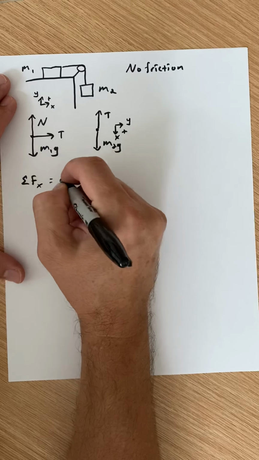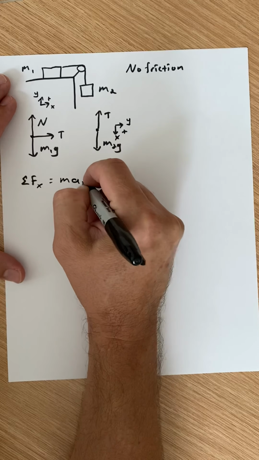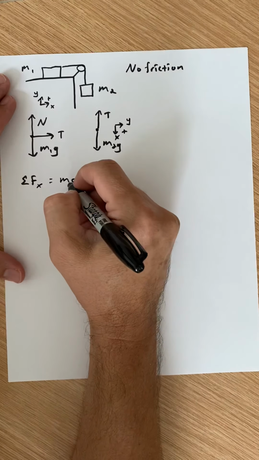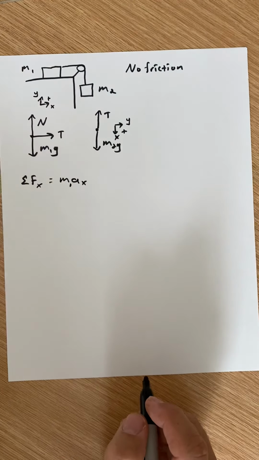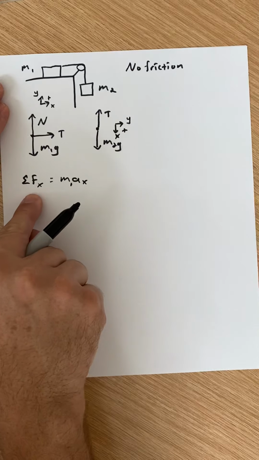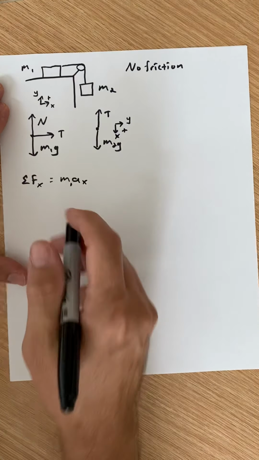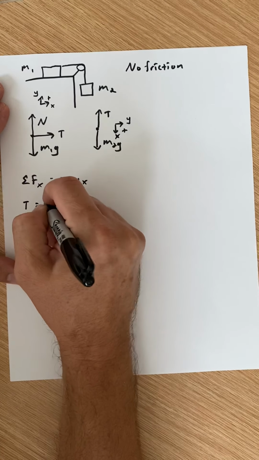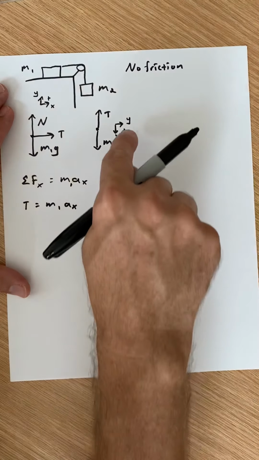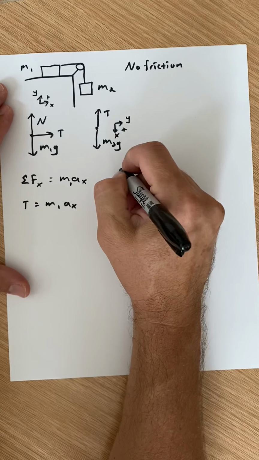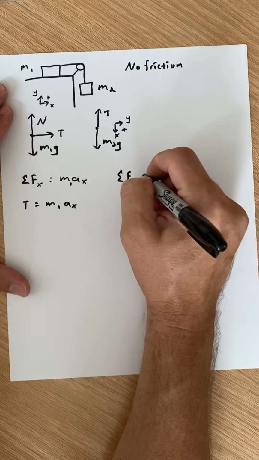The sum of the forces in the x direction is equal to M1 a sub x. Oh, I should put M1 a sub x, right? And so, well, let me keep going here. So what do I get? In the positive direction, I get tension is equal to M1 a sub x. And if I do Newton's second law on the second object, the sum of the forces in the x direction is now